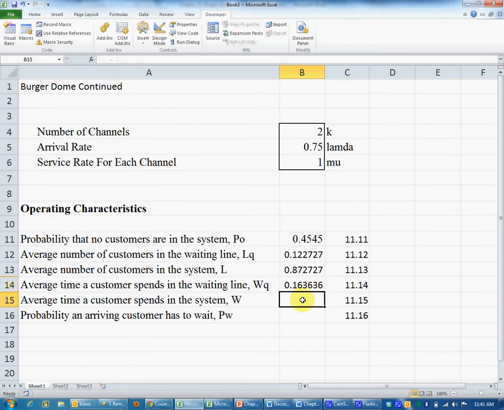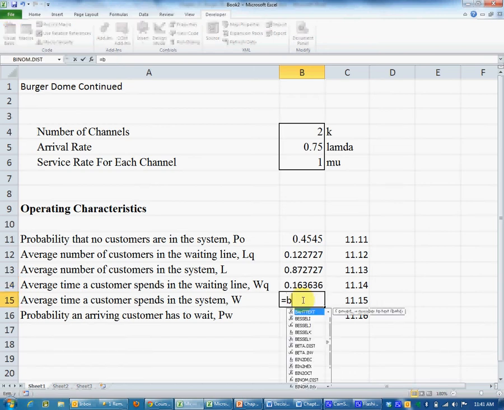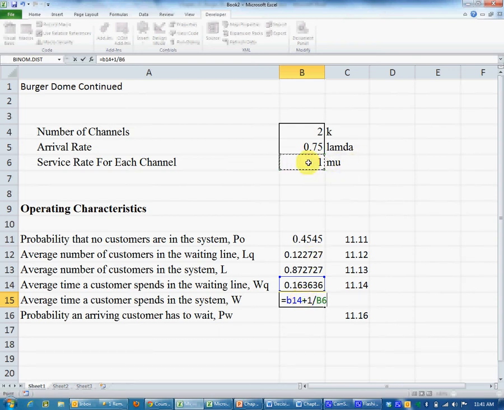Average time customer spends in the system equals B14 plus 1, divided by B6. It could just be B14 though, huh? Plus 1 divided by 1. B14 plus 1, of course. Average time customer spends in the system, 1.16. 1 minute, 1.16 minutes. And the probability of arriving,